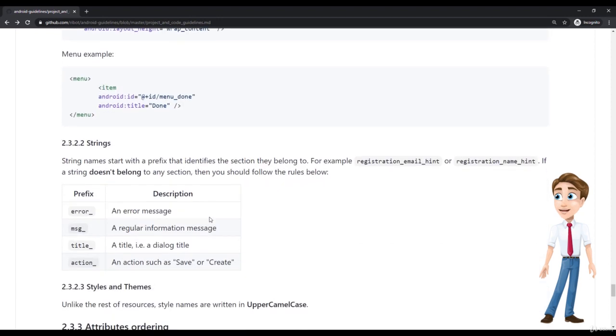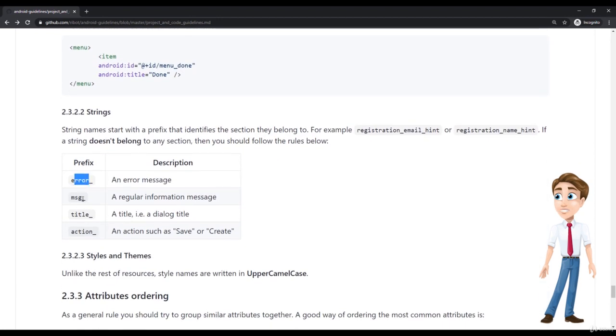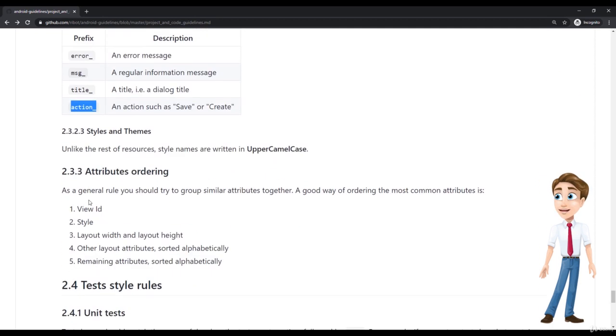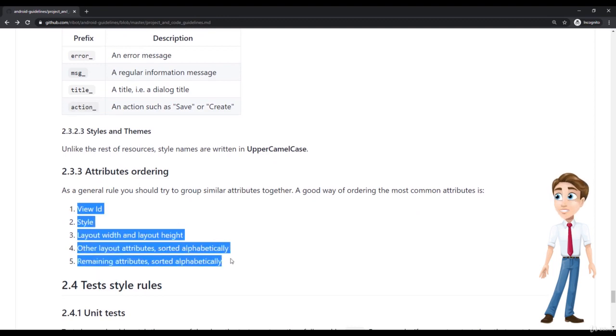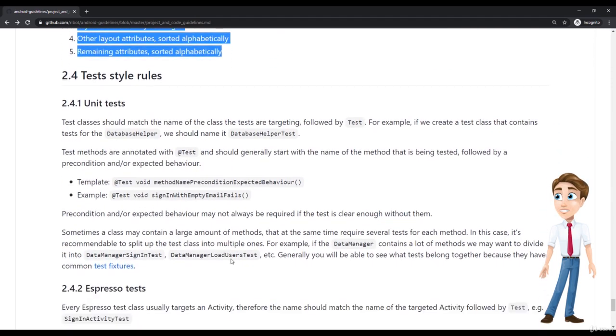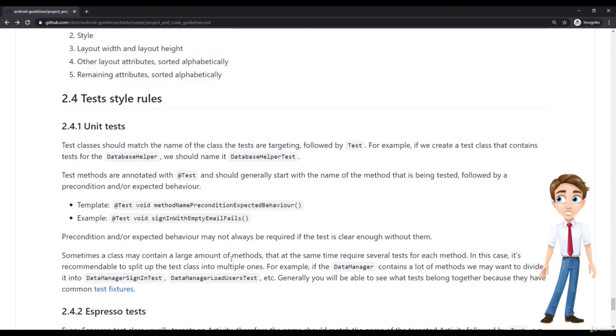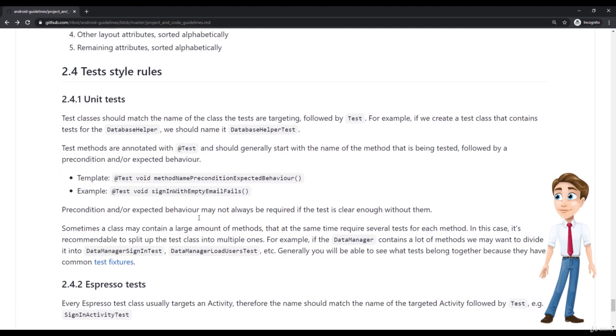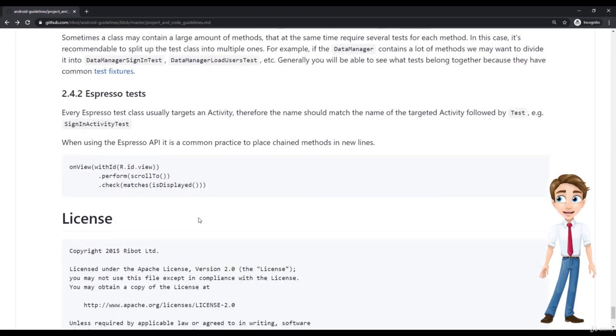Now, in strings, again, you should try to split the strings to have errors, message, title. So you should do this kind of prefix to have them in separate categories. That's really going to be helpful for you. And apart from attributes ordering, which is more of a custom view importance, I would honestly stick to what is discussed so far, because this lesson has been already pretty long. And we're not going to talk about unit tests right now. I'm going to have a separate lesson on this, and we're going to talk there about how to template your test names, as you can see here, and I'm going to have a more detailed explanation there. So this has been pretty much everything.